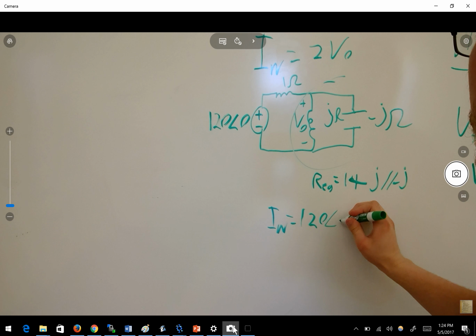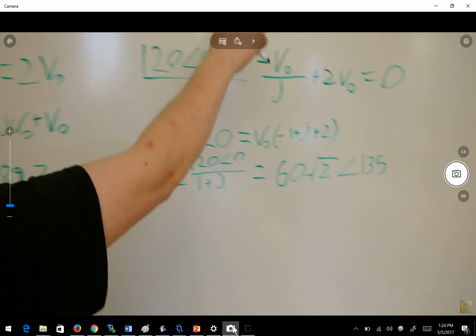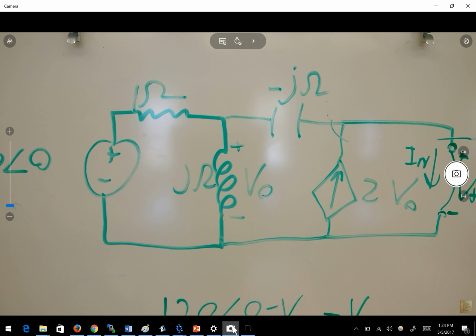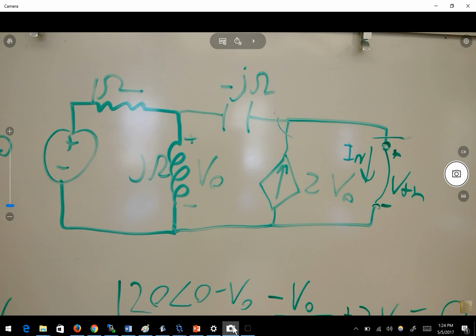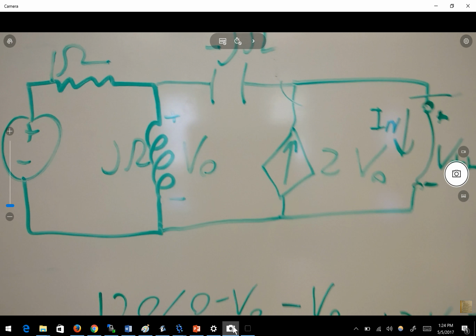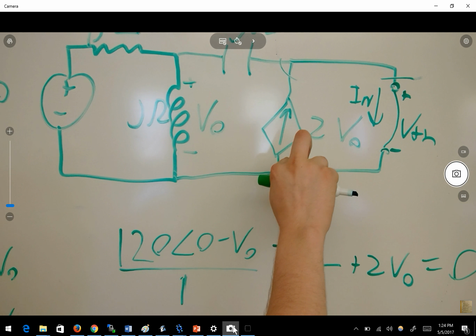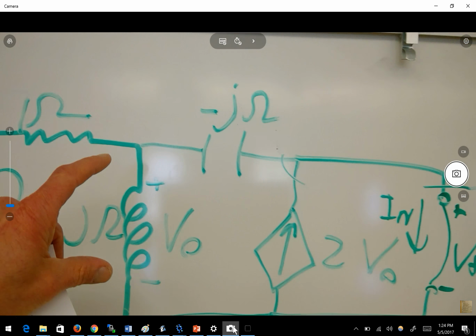So why don't you multiply? How do you have IN being 2V0? Is that because of this over here? Oh wait, top and bottom by minus J over here. Wait, cross multiply. Yeah, that's not a good way to go. That is kind of confusing, right? Well, IN, because isn't there going to be some current going this way too, on both sides? It's going to be 2V0. Yeah, but let's see, you've got,